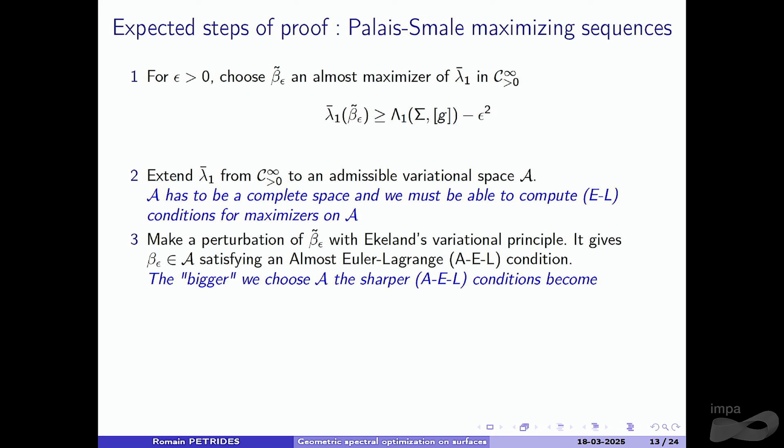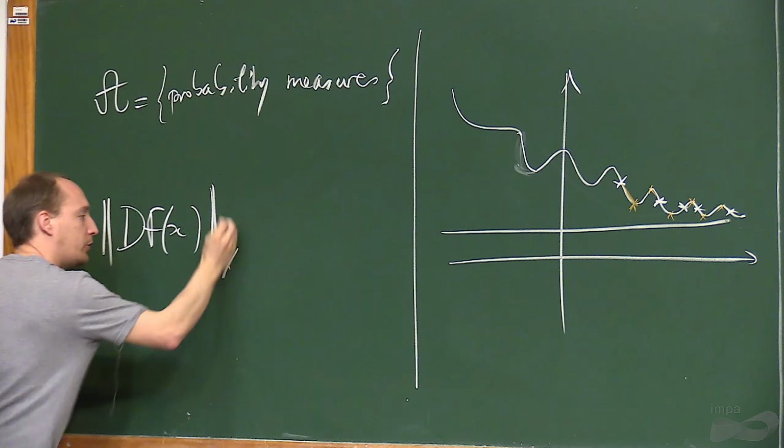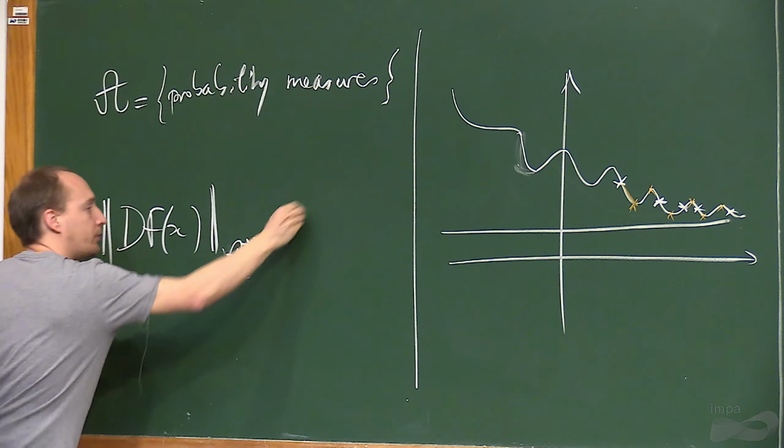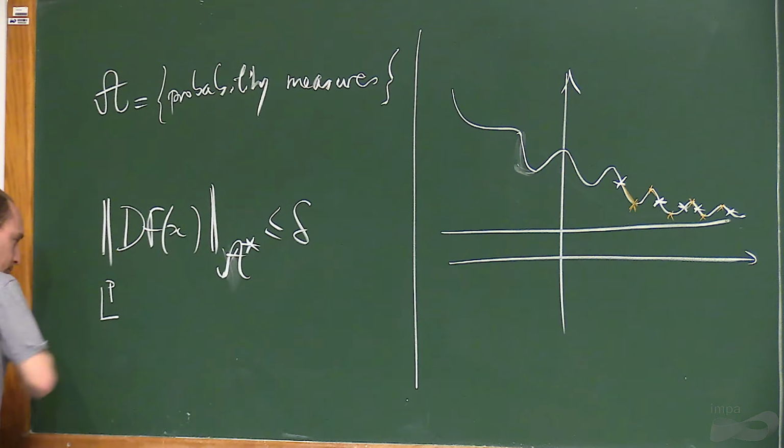But there is a competition. In the second step, I told you you have to restrict A in order to formulate an Euler-Lagrange equation. But you also have to take the biggest A you can in order to have a sharper Euler-Lagrange condition. Because for C1 functionals, I told you that the smallness condition holds in the dual space. So in some sense, the bigger A is, the smaller the dual space is. Let me give you an example. If you choose L^p,